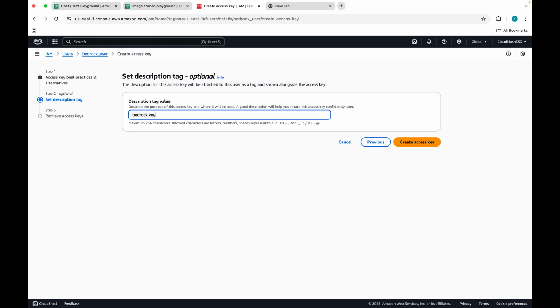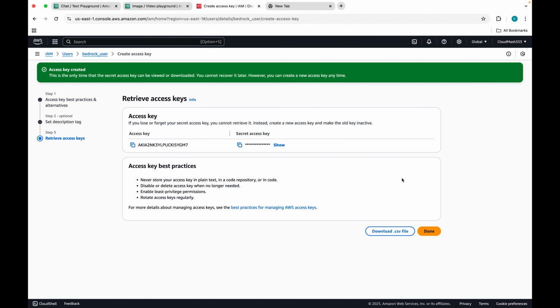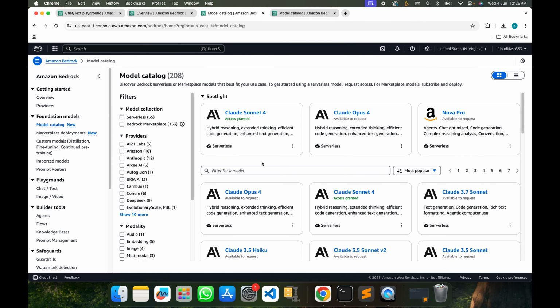Bedrock key, then create access key. So I will delete this particular access key after this video. You can download CSV. So please create your own access key. This particular access key is of my account. It will not work on your system. So as our profile is created now, so we will move forward and